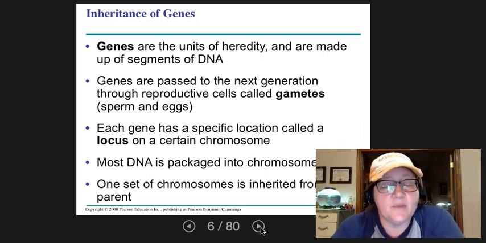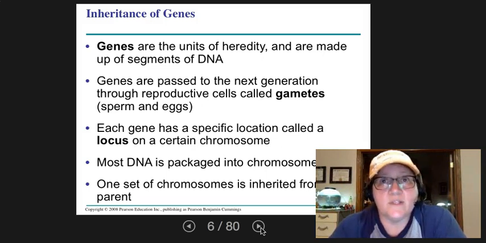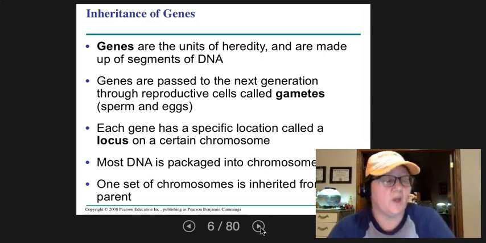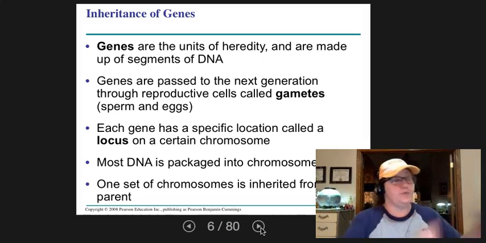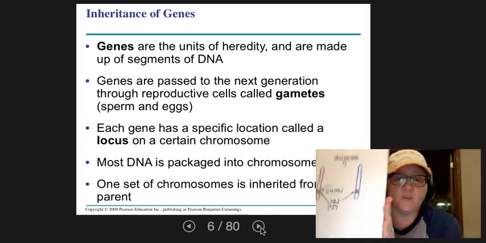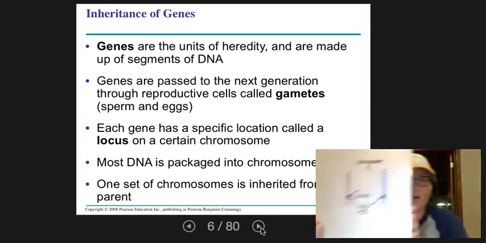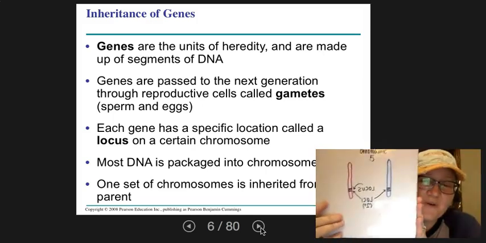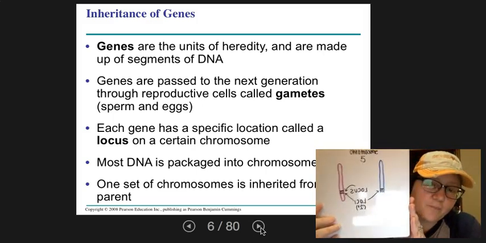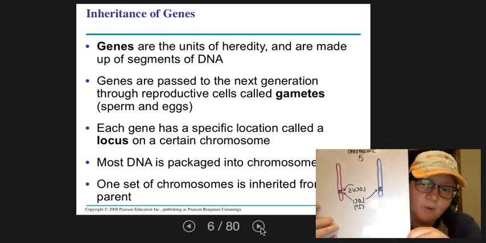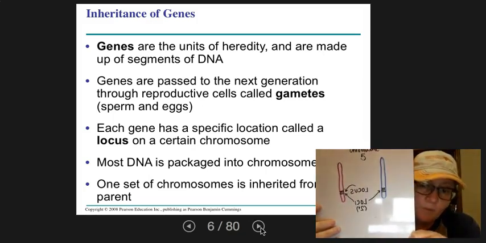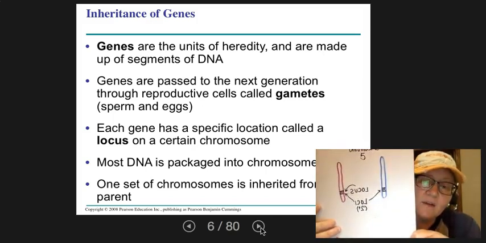What happens is we get one set of chromosomes, one half of a completed chromosome from dad and one half from mom. I pre-drew this one. On each one of those chromosomes, I've got the purplish one for the female and the blue one for the male. We're going to get one copy from mom, the purple, and one copy from dad. And what we're looking at is that